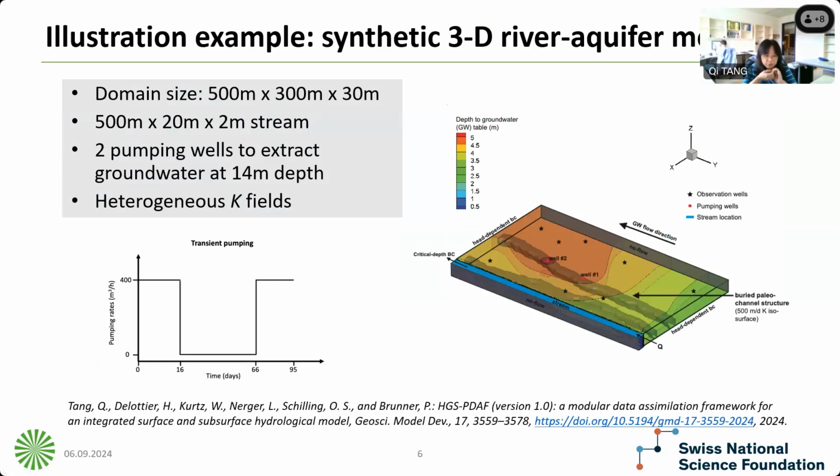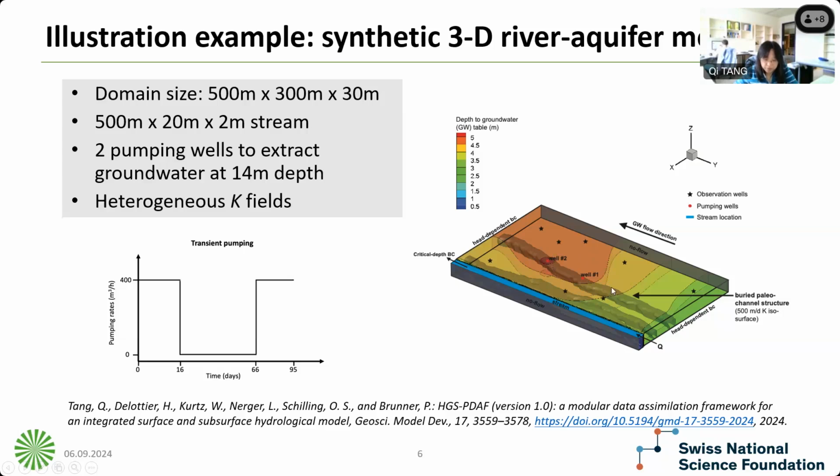So next we will use a synthetic 3D river aquifer model to test the performance of HGS-PDAF. The model has a rectangular domain of 500 meters by 300 meters by 30 meters, and we place a river on the top layer, which has a domain of 500 meters by 20 meters by 2 meters. In the model, we also include